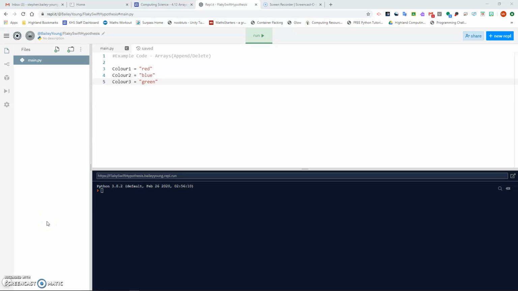This lesson is on arrays, and in particular appending and deleting data from them. In previous lessons, we've used individual variables to store data. In this example, we have three variables: color1, which contains red, color2, which contains blue, and color3, which contains green. In programming, we can use what's called an array to store multiple values